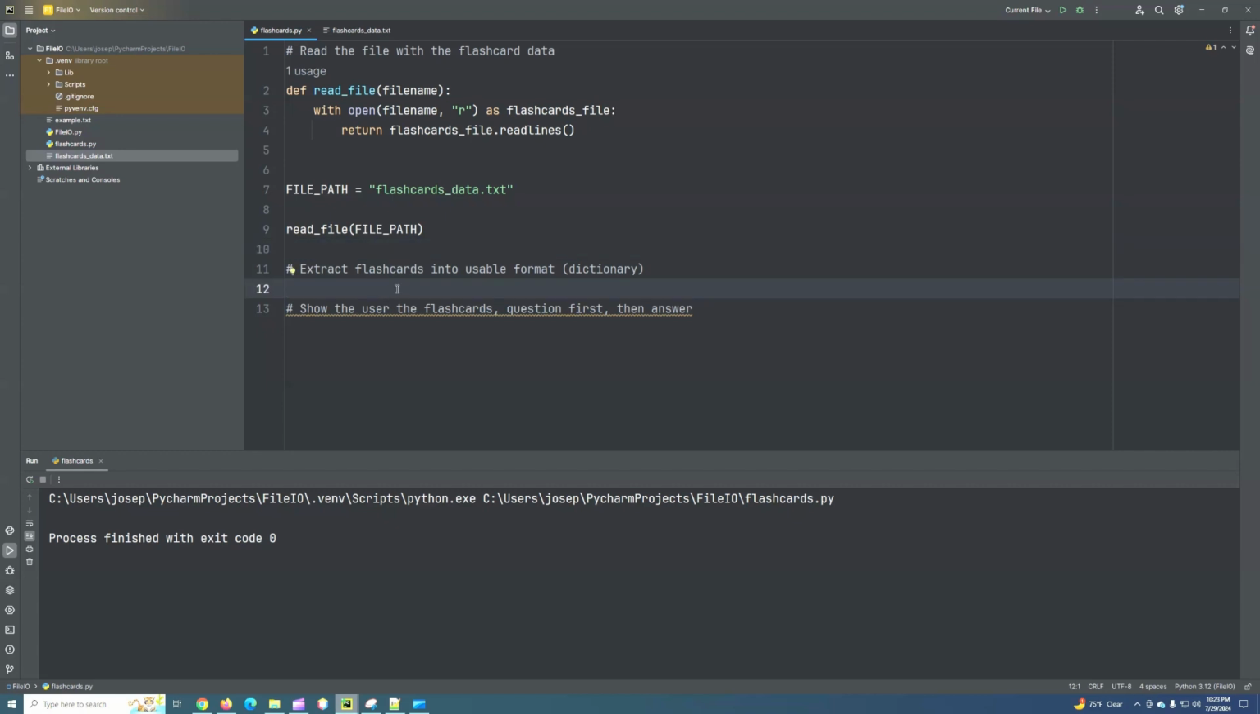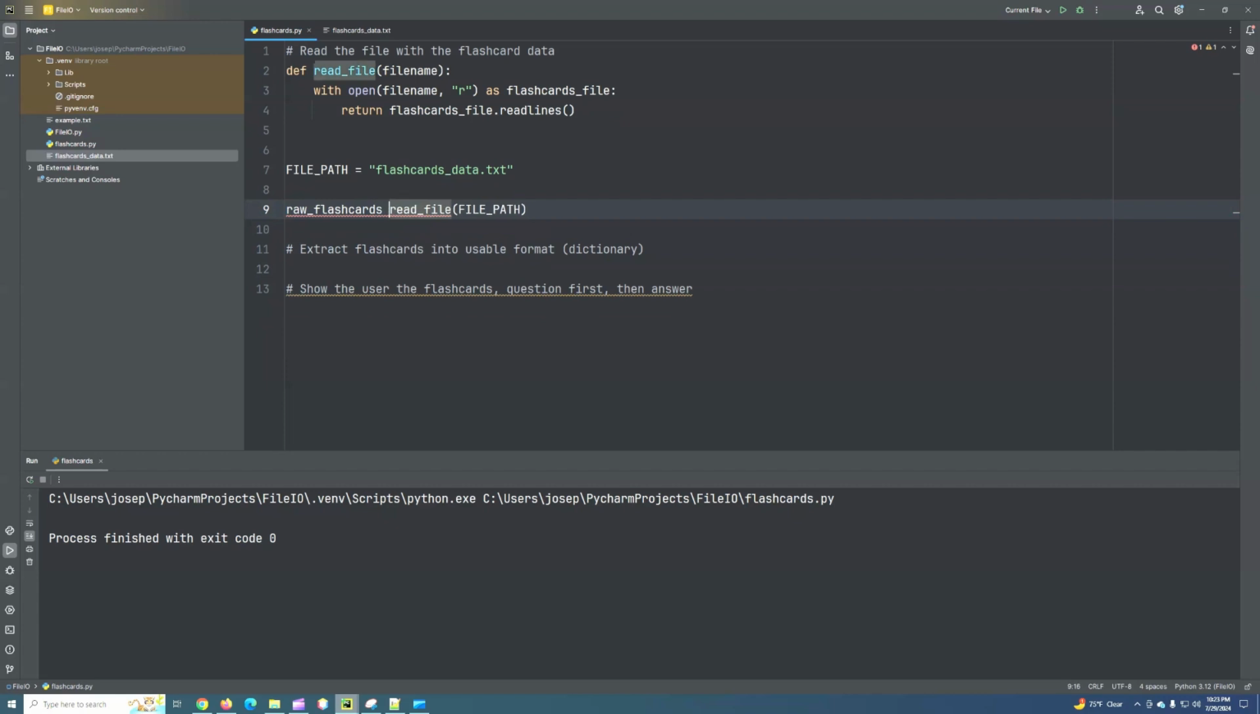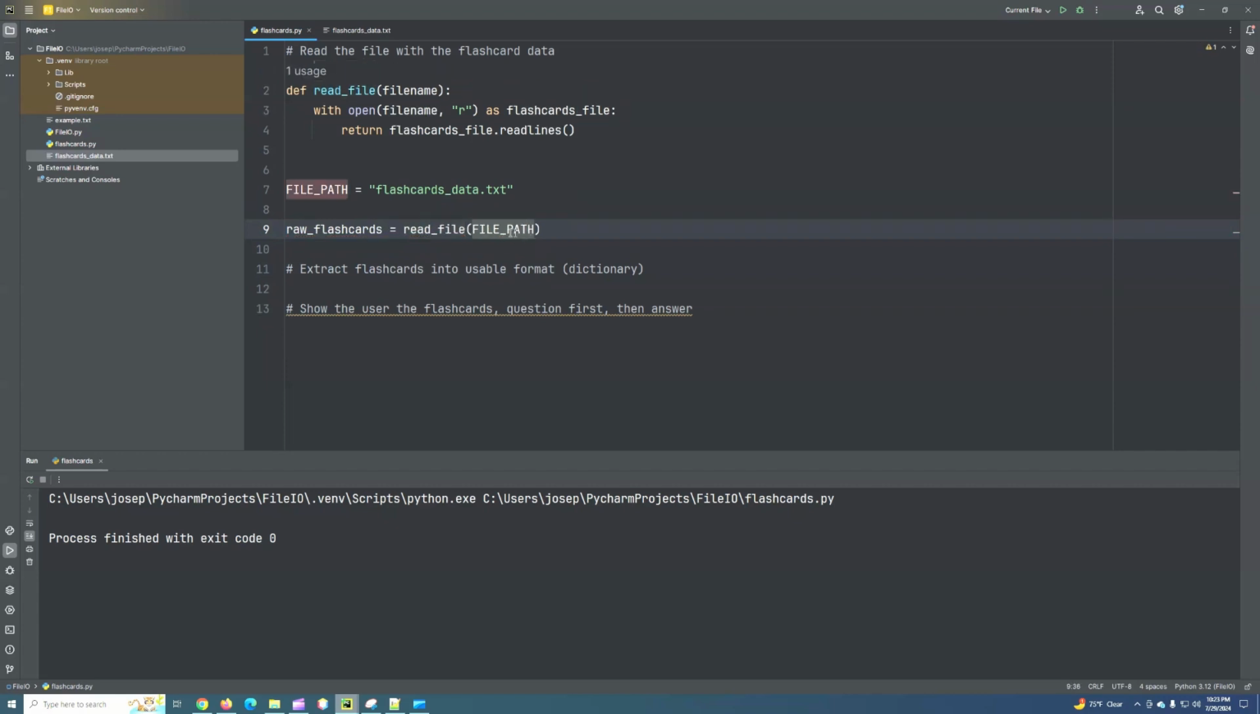So we're returning flashcards. We need to set that to a value. So let's call that raw flashcards equals the result of this. Okay. So now we have a list. So let's say